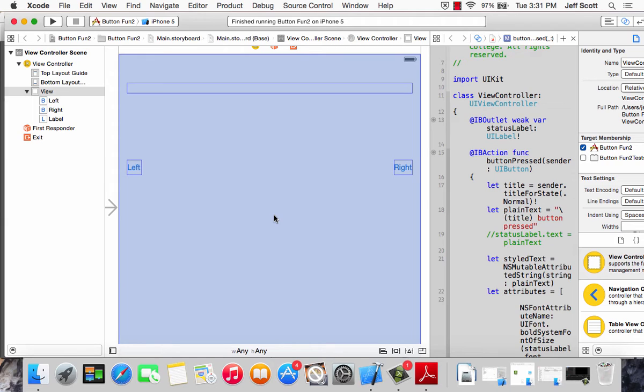All right, then on the bottom of page 67, the author says, well, all that's left is to wire up the label. And he says, we do this the way we did it before, except again, this time when we do it, we're going to set it up and we're going to make it an outlet rather than an action. Okay? So, as we look right here, and this is perfect to have this up,